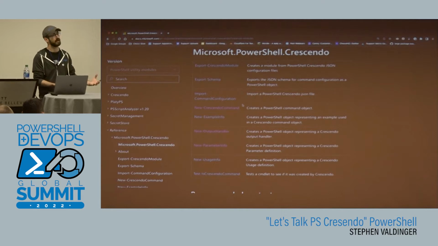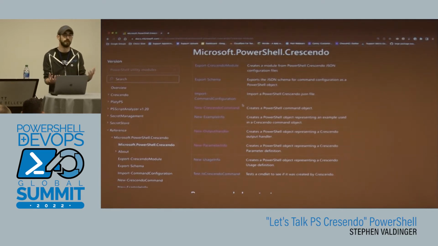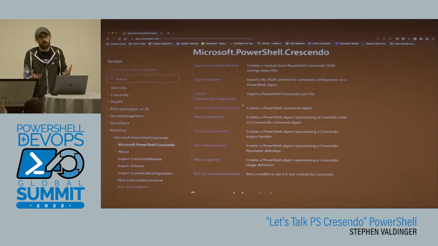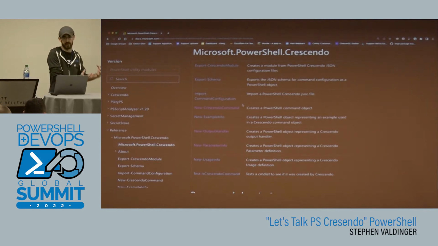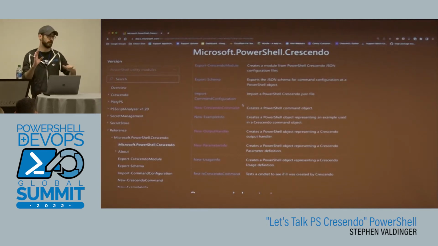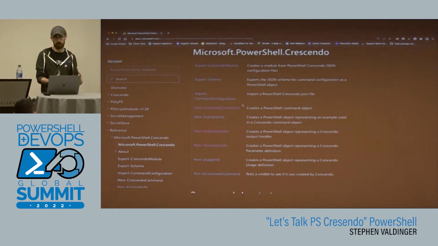Most of the time a CLI app will export or return string data, right? That's cool, but PowerShell's object-based. And once you have an object, you can do all kinds of cool stuff with it. You can filter it. You can send it to other places. You can convert it to whatever format you want. That's really, really powerful and really extends the usefulness of that CLI application. So in the case of the examples that I've got going on today,